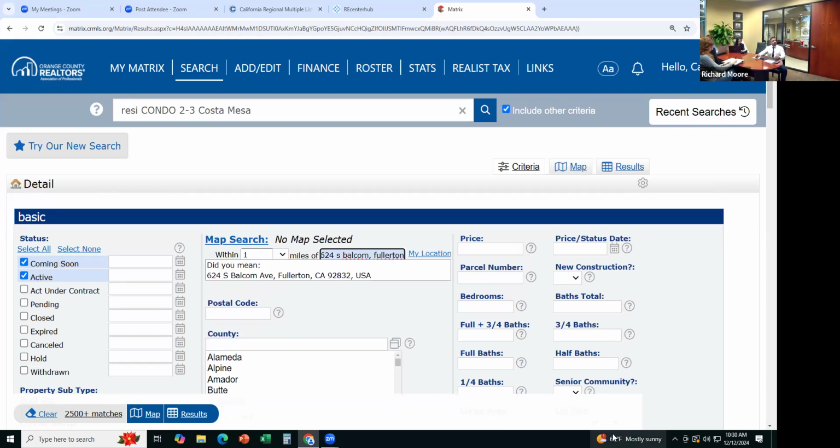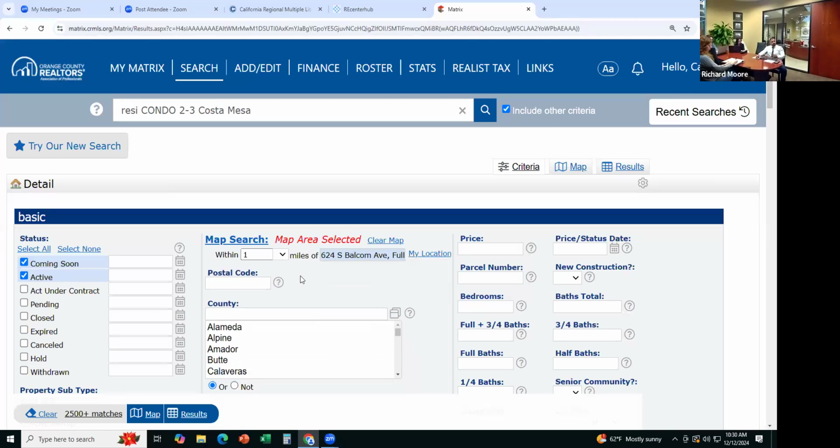Okay, and then once you type it and it shows up on the list, you want to select it from this list. You guys see how that's showing up there? I'm gonna select it, because you typing it is not gonna do anything. You have to select it from the list when it comes up. And now it's defaulted to everything within 1 mile of that. So I'm not even putting bedrooms or bathrooms. I just want to know what's active within 1 mile of this property. And when I click on map,